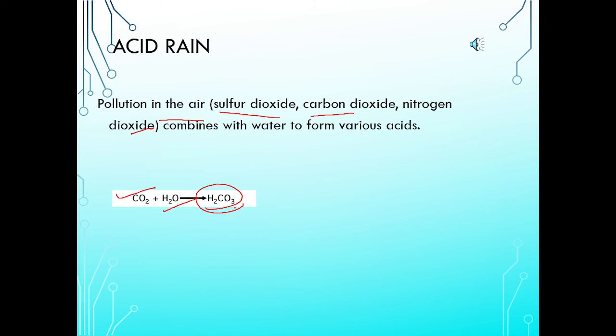So this will reduce the pH of water, due to which whenever this water falls on soil, the pH of the soil will be decreased. It may harm the plants, right? It may cause irritation to your skin and so on. Whenever it goes to the water bodies, it is going to harm the aquatic life also, right? So acid rain is also a concept which I wanted to add to your knowledge, right? So since there is a production of acid due to these non-metal oxides reacting with water, that is why the pH of rainwater decreases.